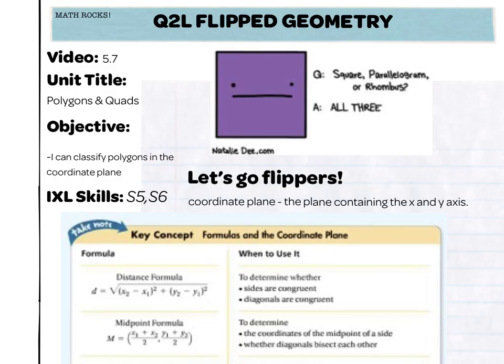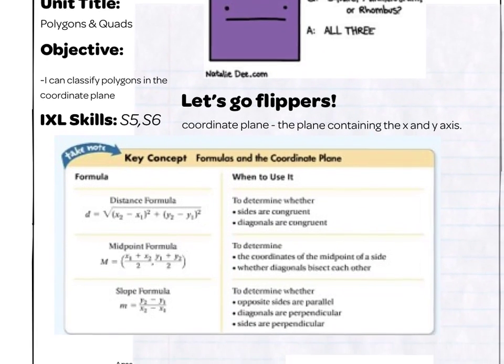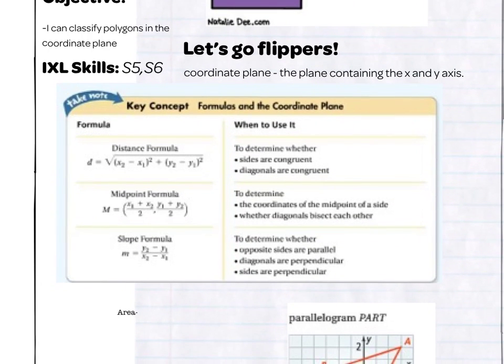So the first definition today is going to be just what the coordinate plane is. I know we say coordinate plane a lot, but we don't really know that students understand that. But the coordinate plane is going to be the plane that contains the x and y axis. And many of you know this and can actually explain it, but we want to make sure that we understand it. The next thing I have here is a kind of a chart for you, and it has 3 really